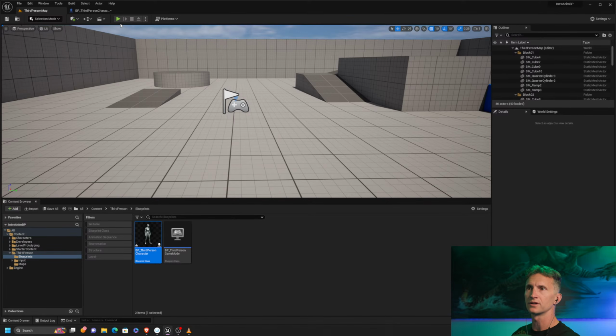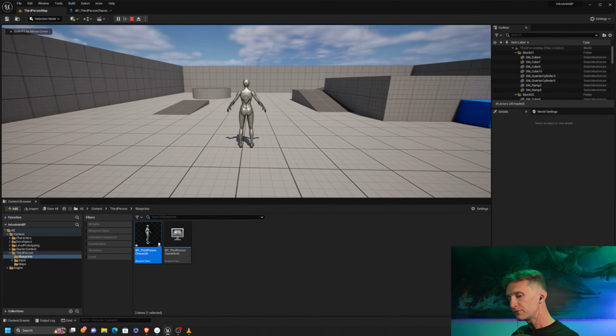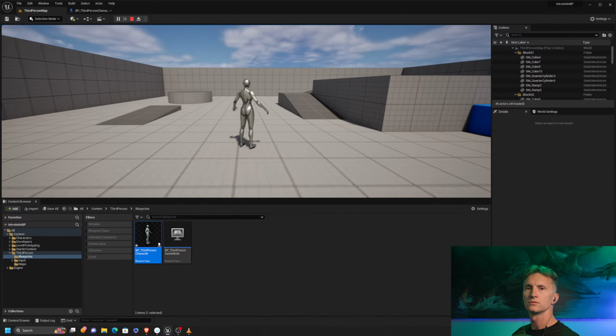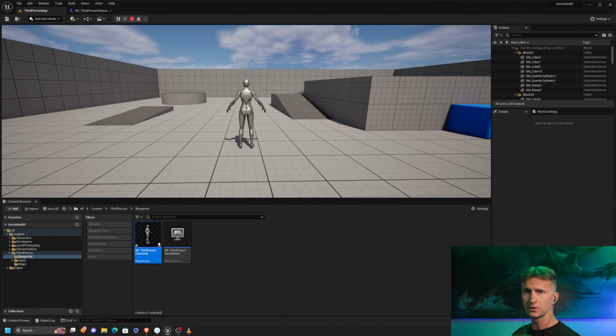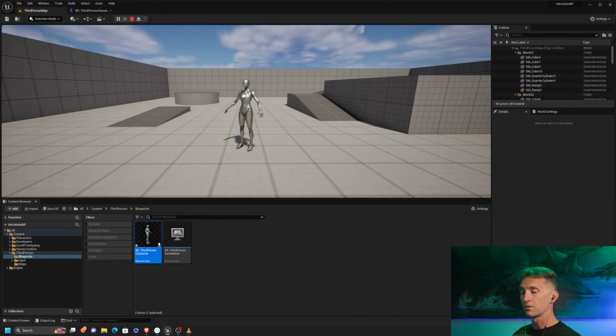The reason we're disconnecting this is I want you to understand the connection between the animation blueprint and what your character is doing. So if we did not have an animation blueprint, our character would walk around like so. This is often called a T-pose, but basically this is the default pose of our character. Now,